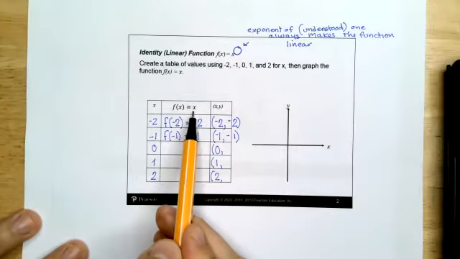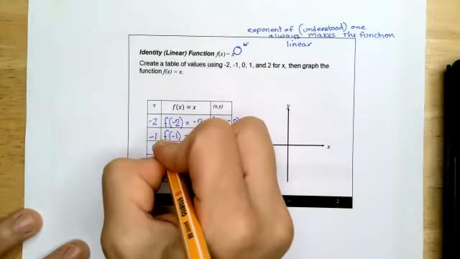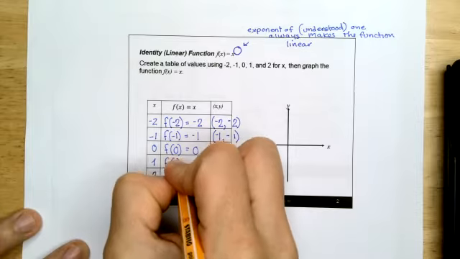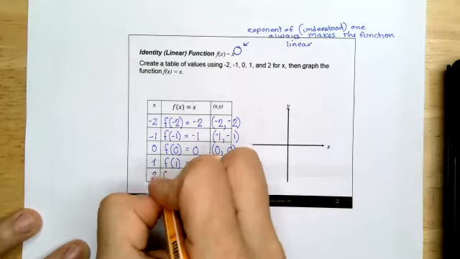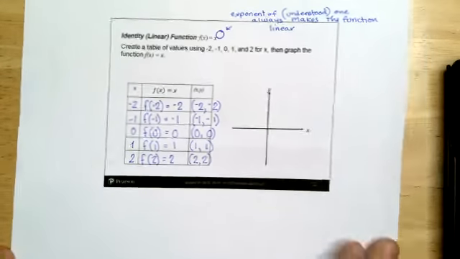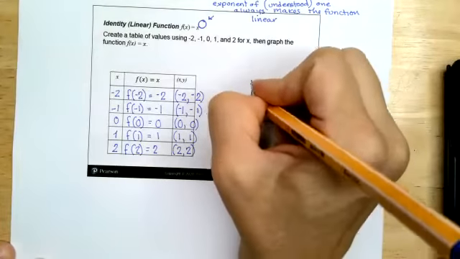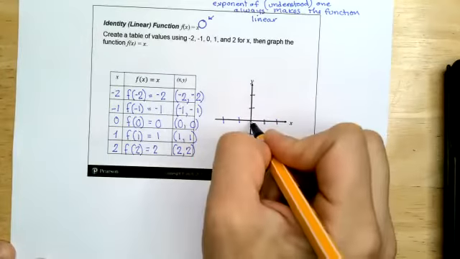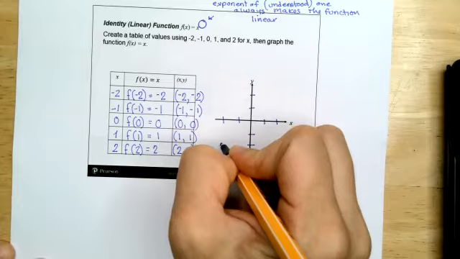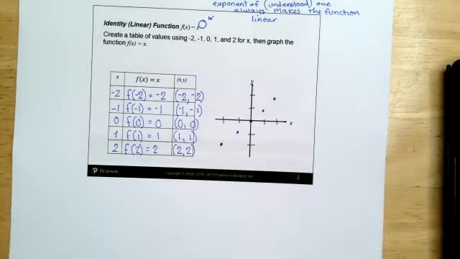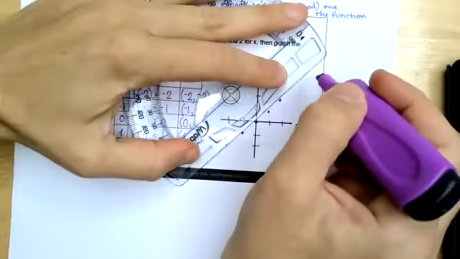If my whole equation is just x, my outcome is just going to be x. So f of 0 is 0. F of 1 is 1. F of 2 is 2. So those are my points. The point -2, -2 means -2 on x, -2 on y, -1, -1, 0, 0, 1, 1, 2, 2. Good. So that linear function is